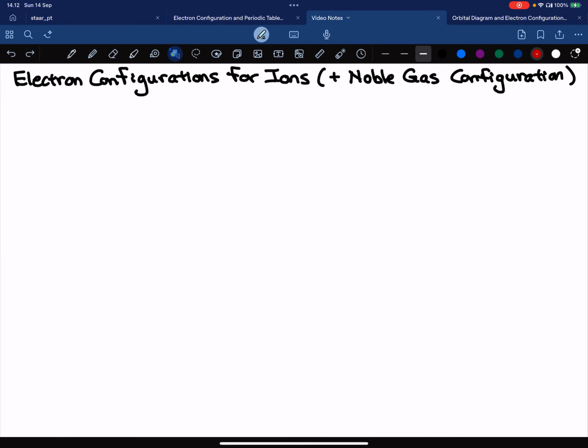Okay, this short video is on how to write electron configurations for ions. And we will be doing both full and condensed configurations. And we will also be looking at what this idea of a noble gas configuration is. All right, so the ions that we are going to be dealing with today are going to be